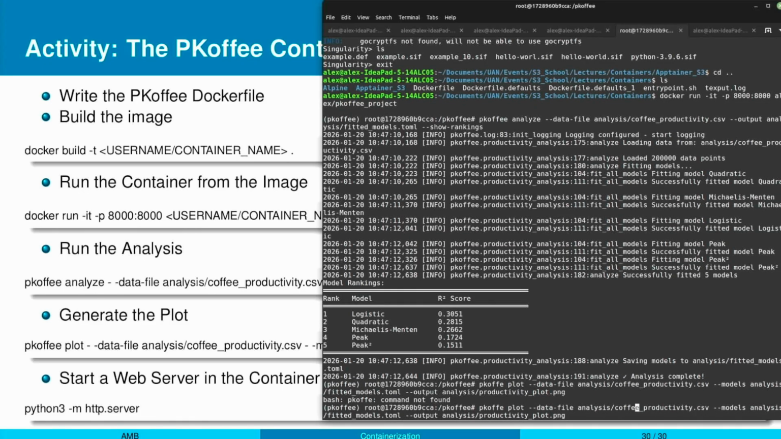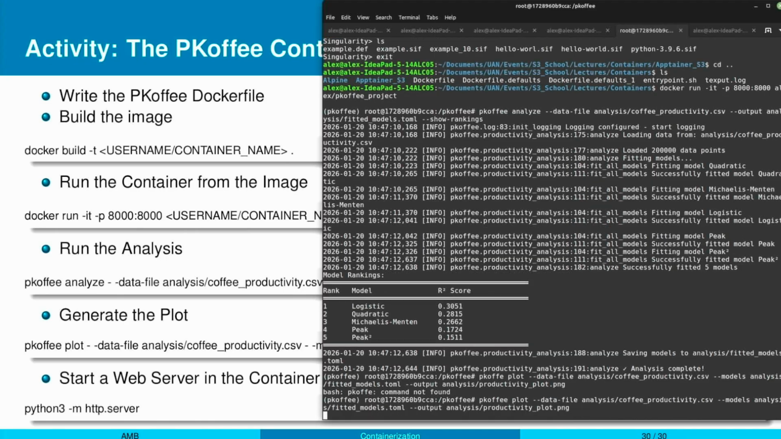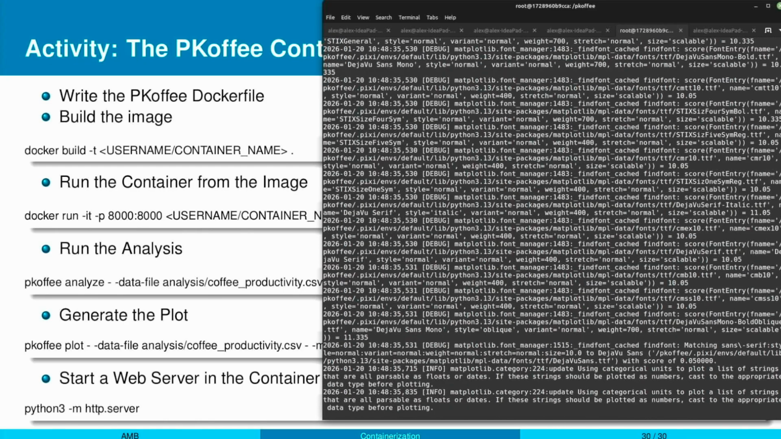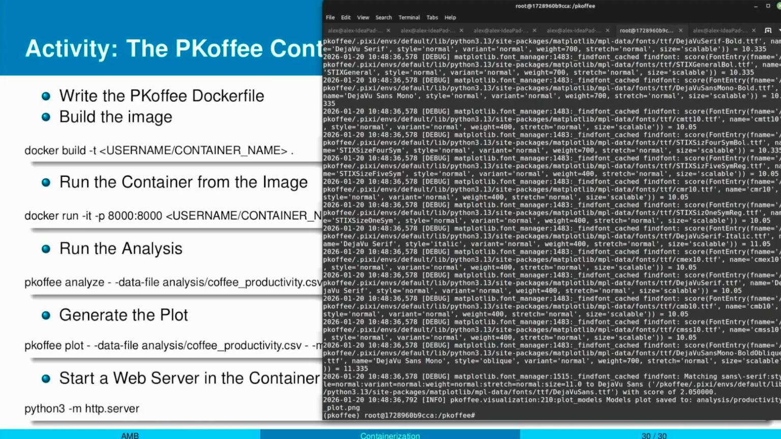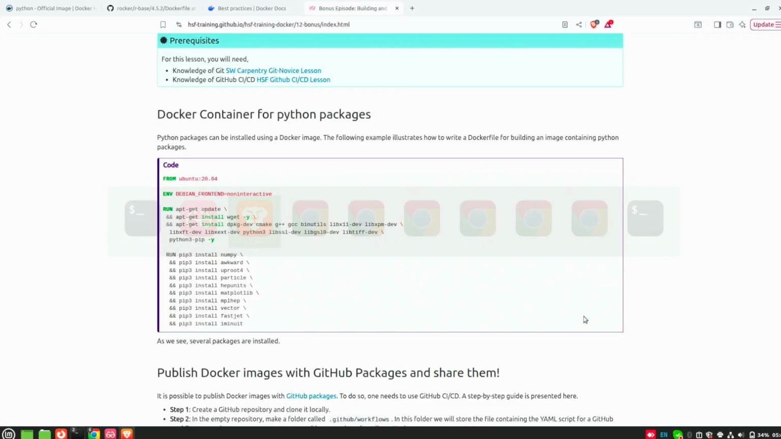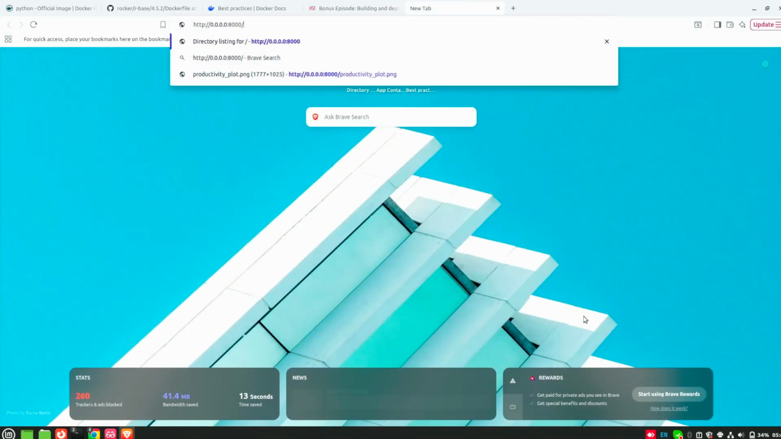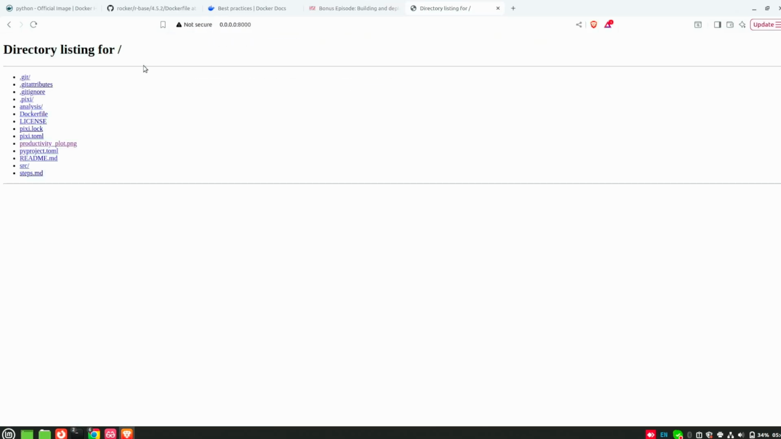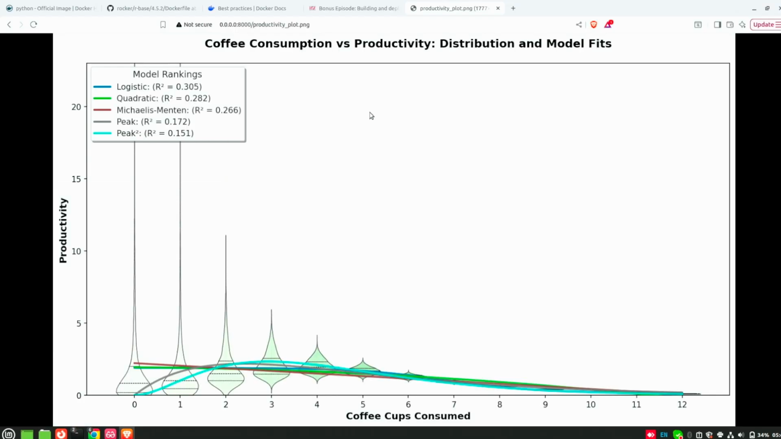Just be careful here with pcoffee. Okay, so it builds everything, and then with Python 3, http.server, then I have here the link. I can copy this link and paste it here. I have all the directories and files here, and I have the one that I want to see,